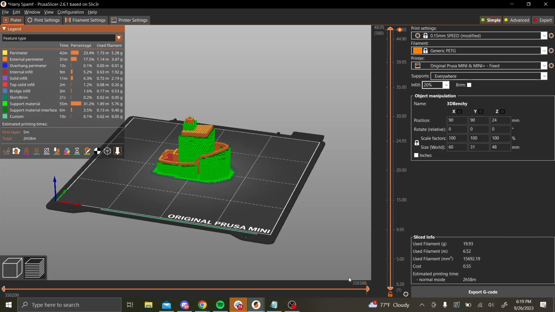Oh, something to note, if you ever change any of the settings after you slice it, you have to slice it again. It says export right now, but if I change it, then